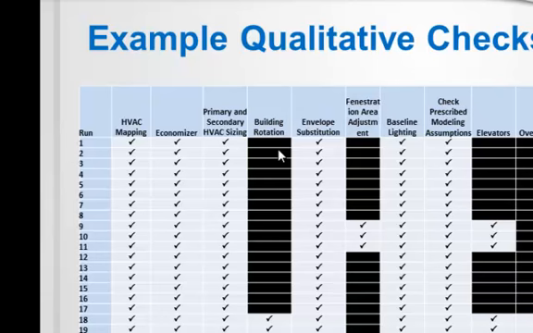Basically, we would make sure that, we call it envelope substitution, but that means that the baseline building has the right construction assemblies,